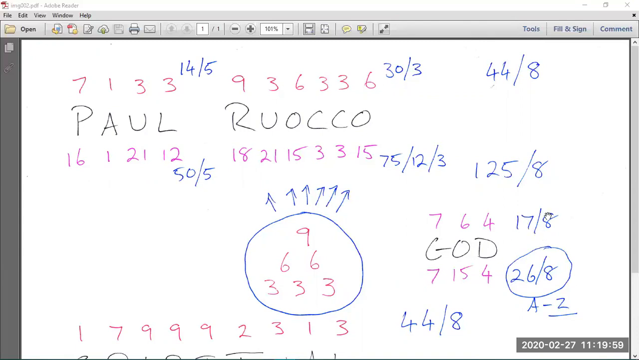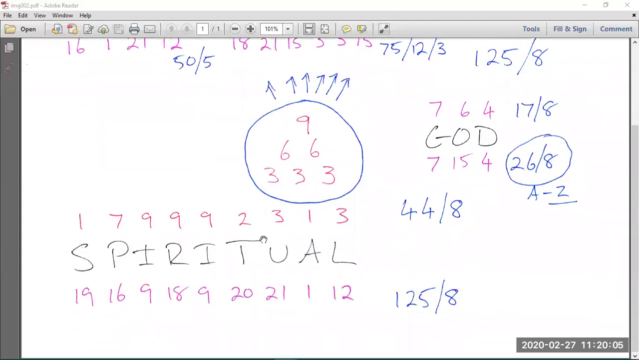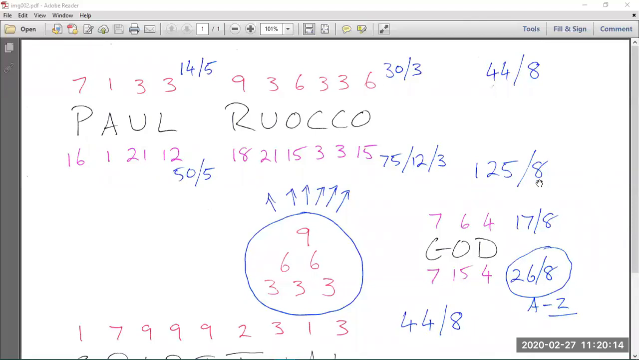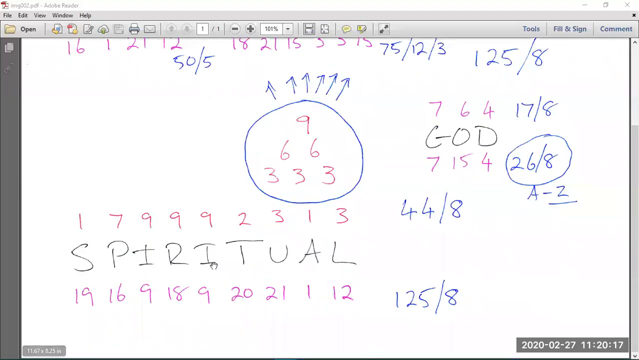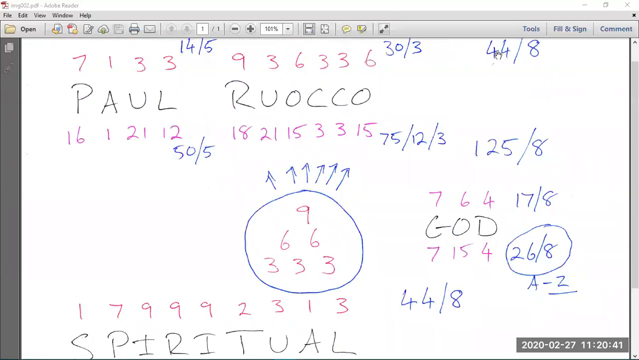And incidentally, my mother was born on the 17th, and also one of my brothers. Now, the word spiritual, look here, guys, 44.8, 44.8, 125.8, 125.8. The word spiritual. To have any two words match completely with the numbers in the exact same order, the same numbers, and top to bottom, this here is